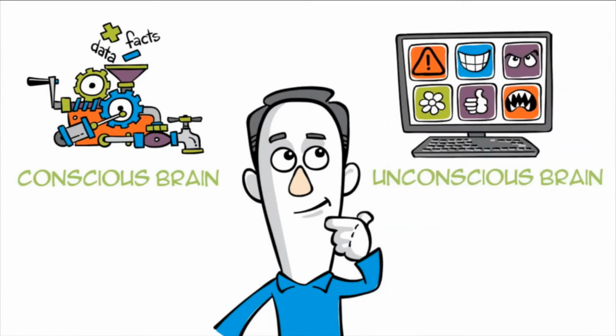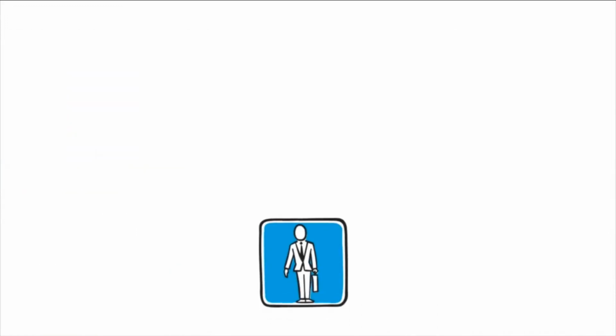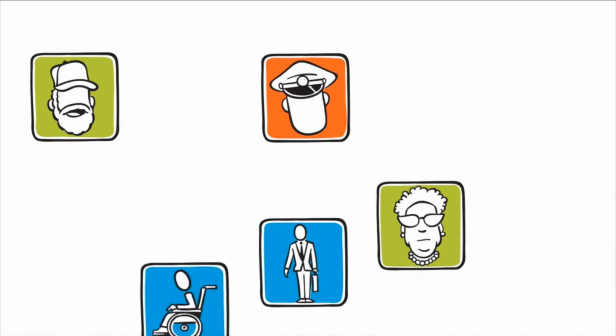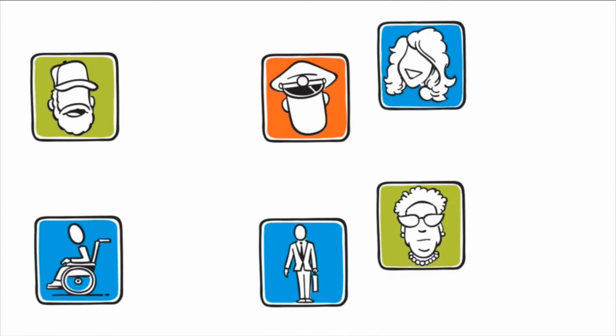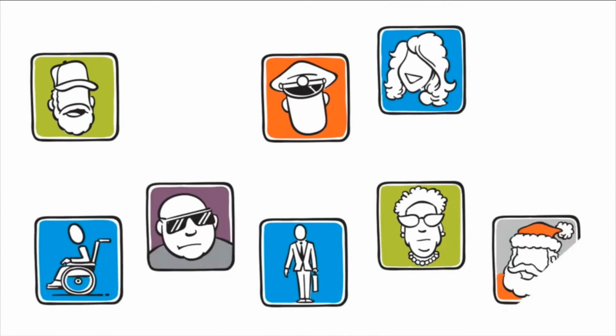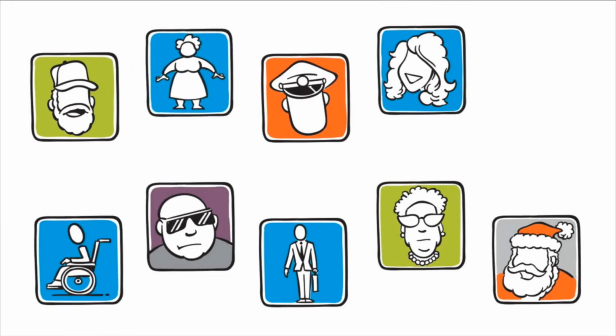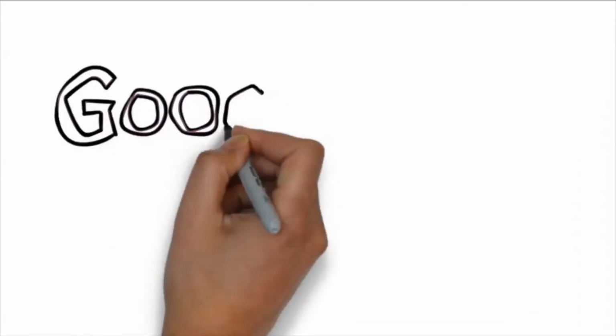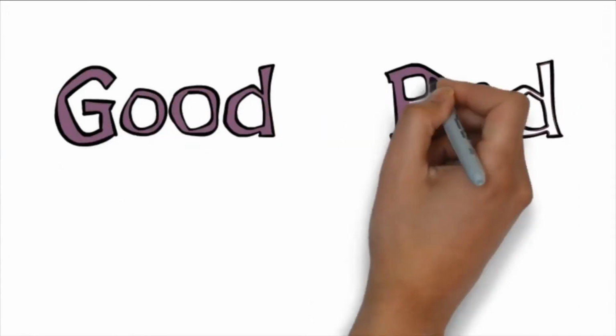One of your unconscious brain's best tricks is its ability to recognize patterns and use them to assign people and things to categories, allowing your unconscious brain to deal with all of the known, not dangerous issues, and leave only the few unknown or dangerous issues to your conscious brain. This allows us to recognize a pattern and act on it, rather than having to think about every interaction as if we were experiencing it for the first time.